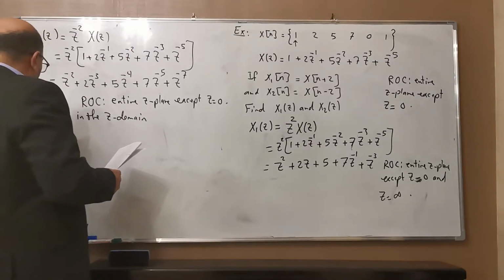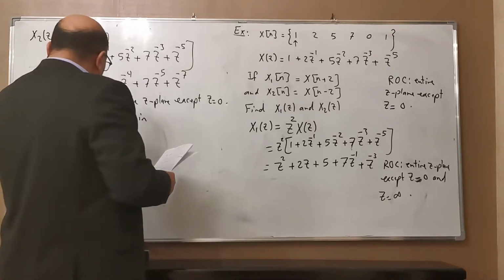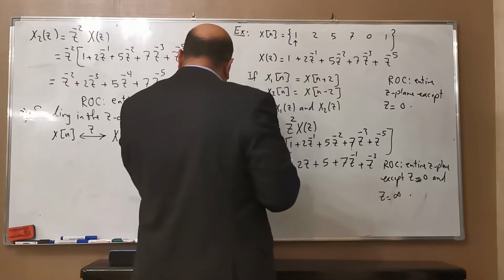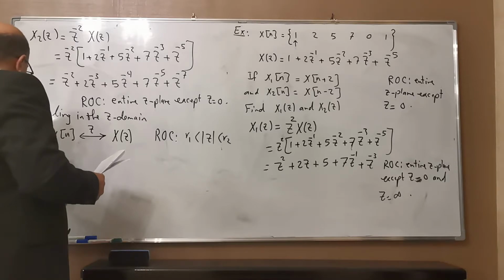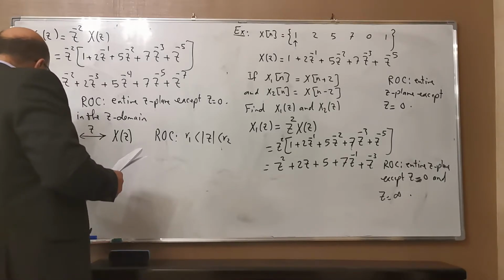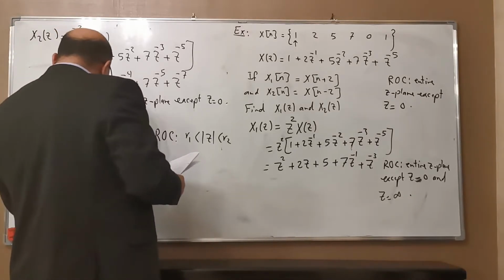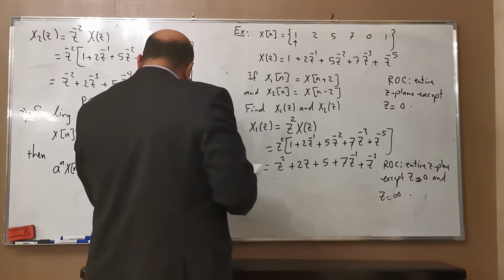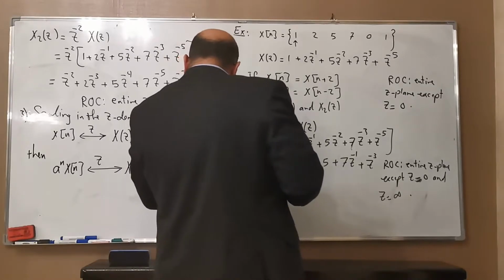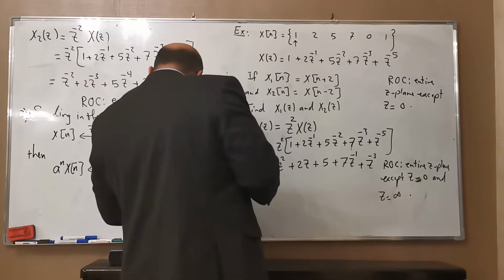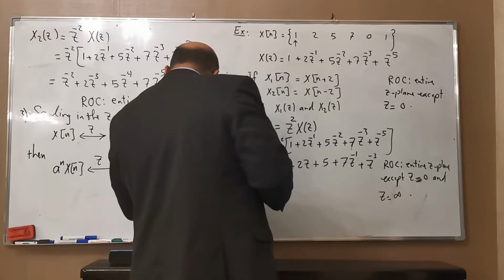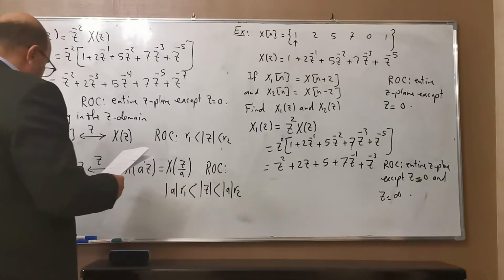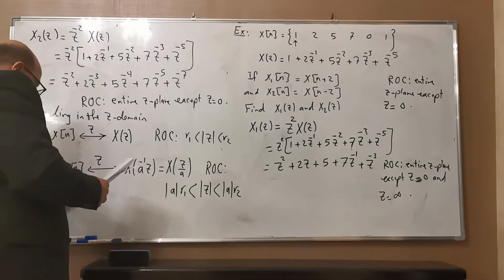Scaling in the Z domain: if you have x of n that has the Z transform x of z with the ROC equal to the magnitude of z greater than R1 and less than R2, then if you have a sequence a to the n x of n, the Z transform of this is equal to x of A inverse z, which is also x of z over A. And the ROC now is the magnitude of A times R1 less than the magnitude of z less than the magnitude of A times R2. So this is for any constant A,